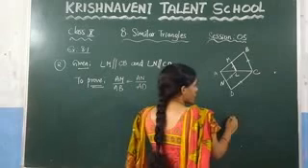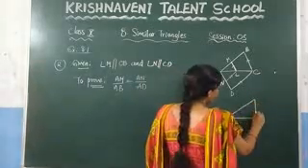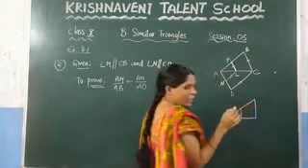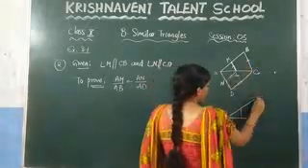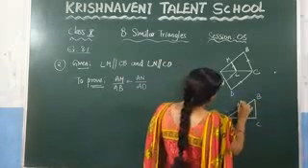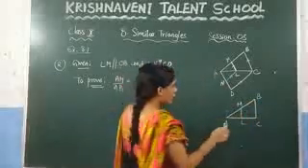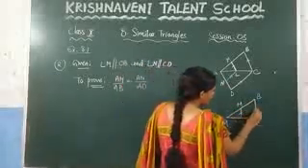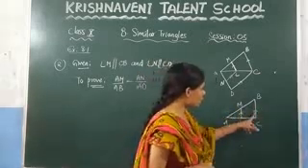I am drawing it here separately. What is the triangle they have given here? The upper triangle looks like this, right? And what is the triangle they have marked here? A, B, C. And here this is M, N. So I have drawn it here separately. And what they have given here, these two sides are parallel. So if you consider this triangle, these two sides are parallel.